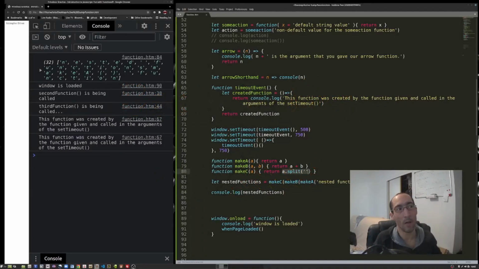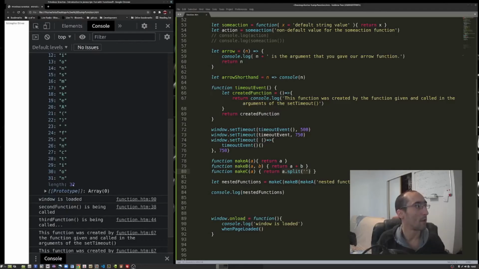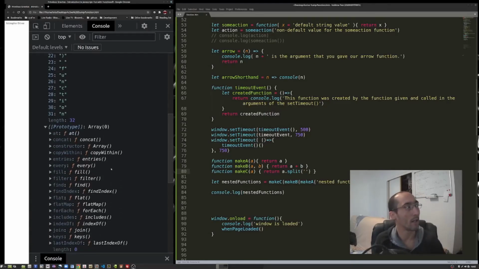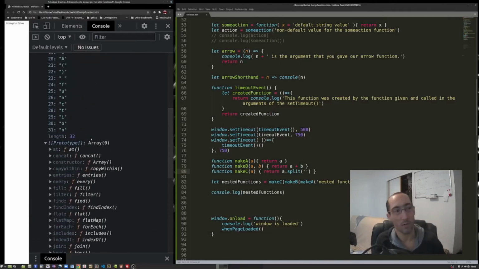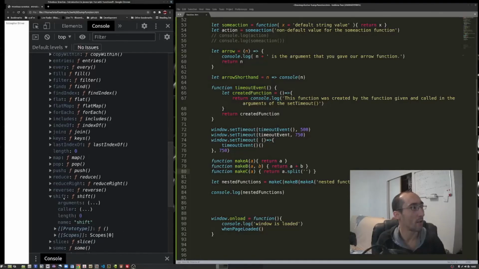But here you'll see how methods are useful, because instead of having to write the code myself to go through every character one at a time and create an array out of it, if I wanted to play around with an array, I now have prototype properties that are built into arrays, like length and fill. Pop is really useful, map is really useful. So just by console logging your data object, you can actually see all the different methods that are attached to it, and they tell you,